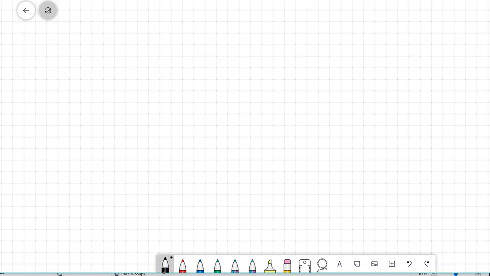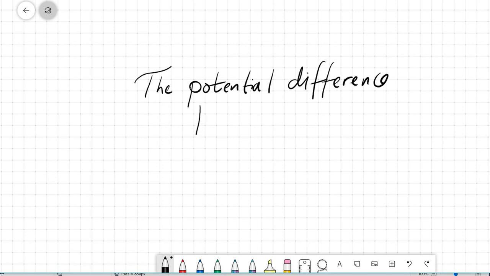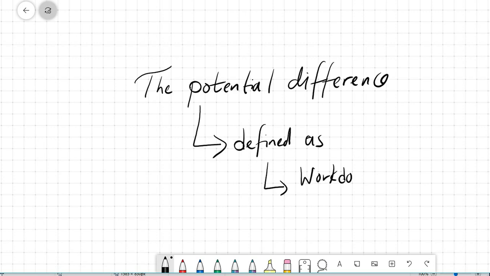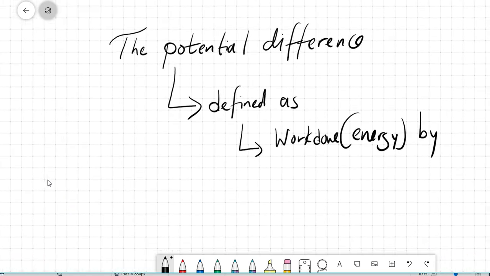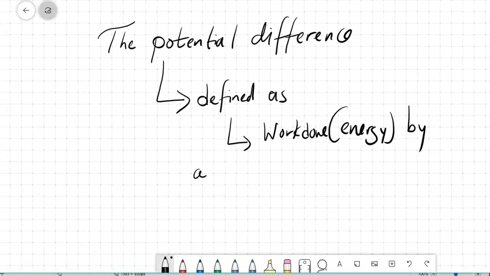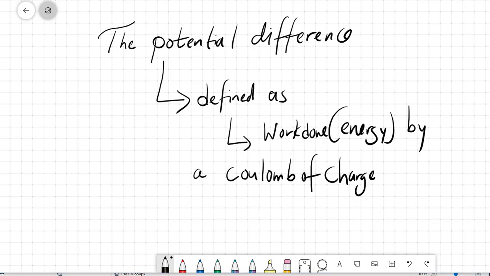Okay, so the potential difference is defined as the work done, in brackets energy, by a coulomb of charge, by a coulomb of charge. And I can also add between